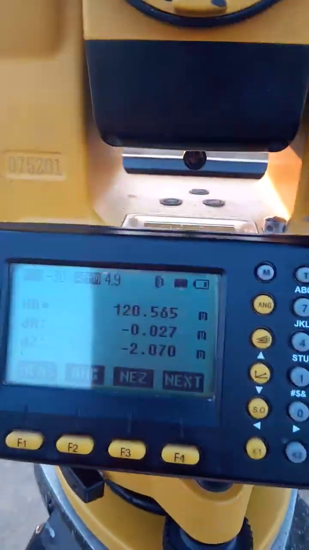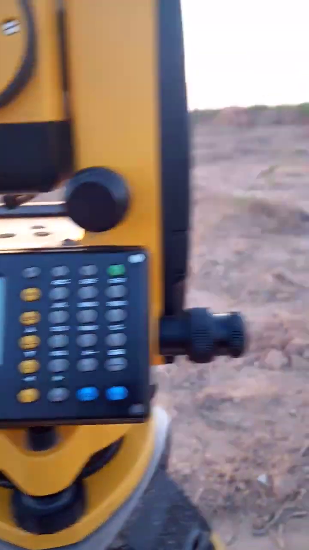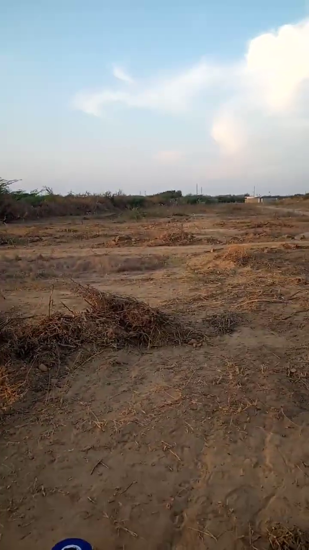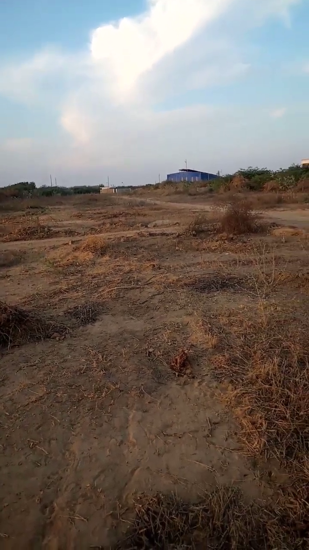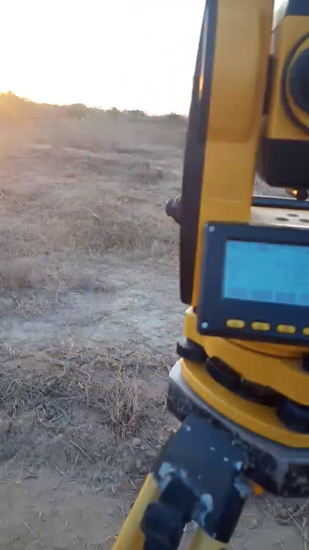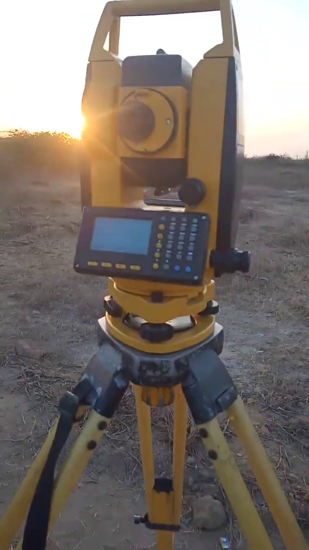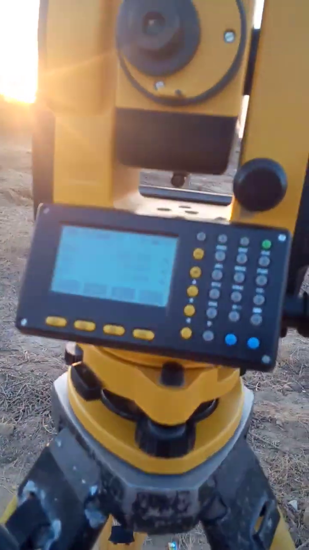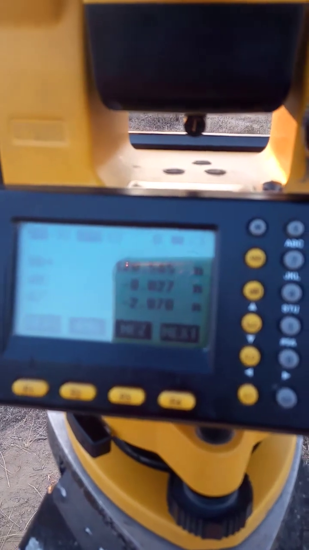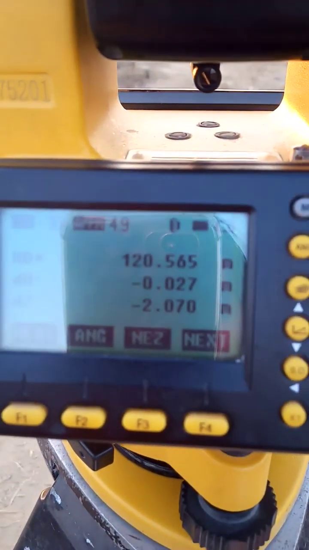We have set it again. Now we will press distance again. 1.86 meters, and it will come towards the total station again. Now the last thing we have observed, our distance is 0.27 centimeter, that is 3 centimeters, about 1.25 inches. So right now we are putting in the road center line.